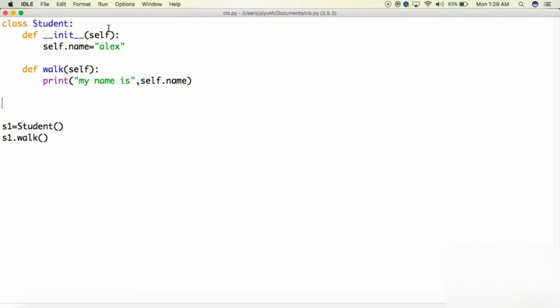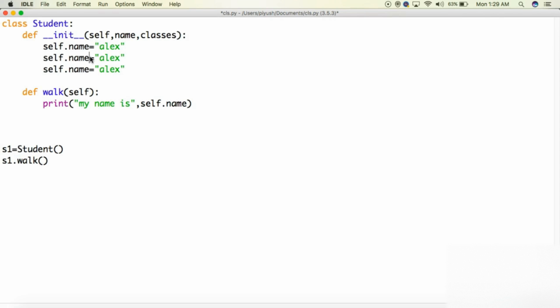Now let's move on to some other things, which are self.name and classes. I'm going to copy this self.name. After that I'll put three times, which is self.classes and self.name, and here I just write classes and name. When we pass a name here and when we pass a class here, it will refer to this self.classes and self.name. Now I'm going to write here name, which is xyz, and class, which is 12. Now when we run this module,